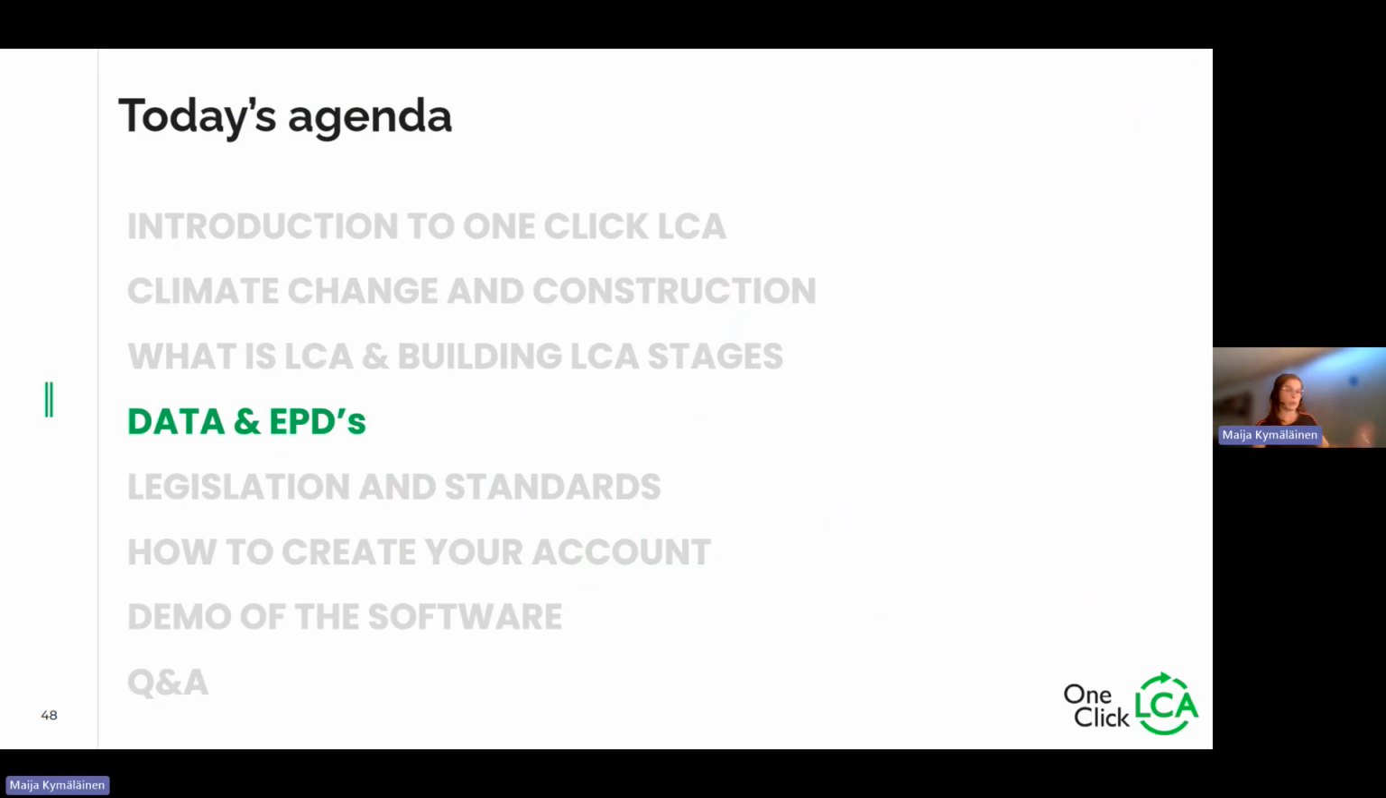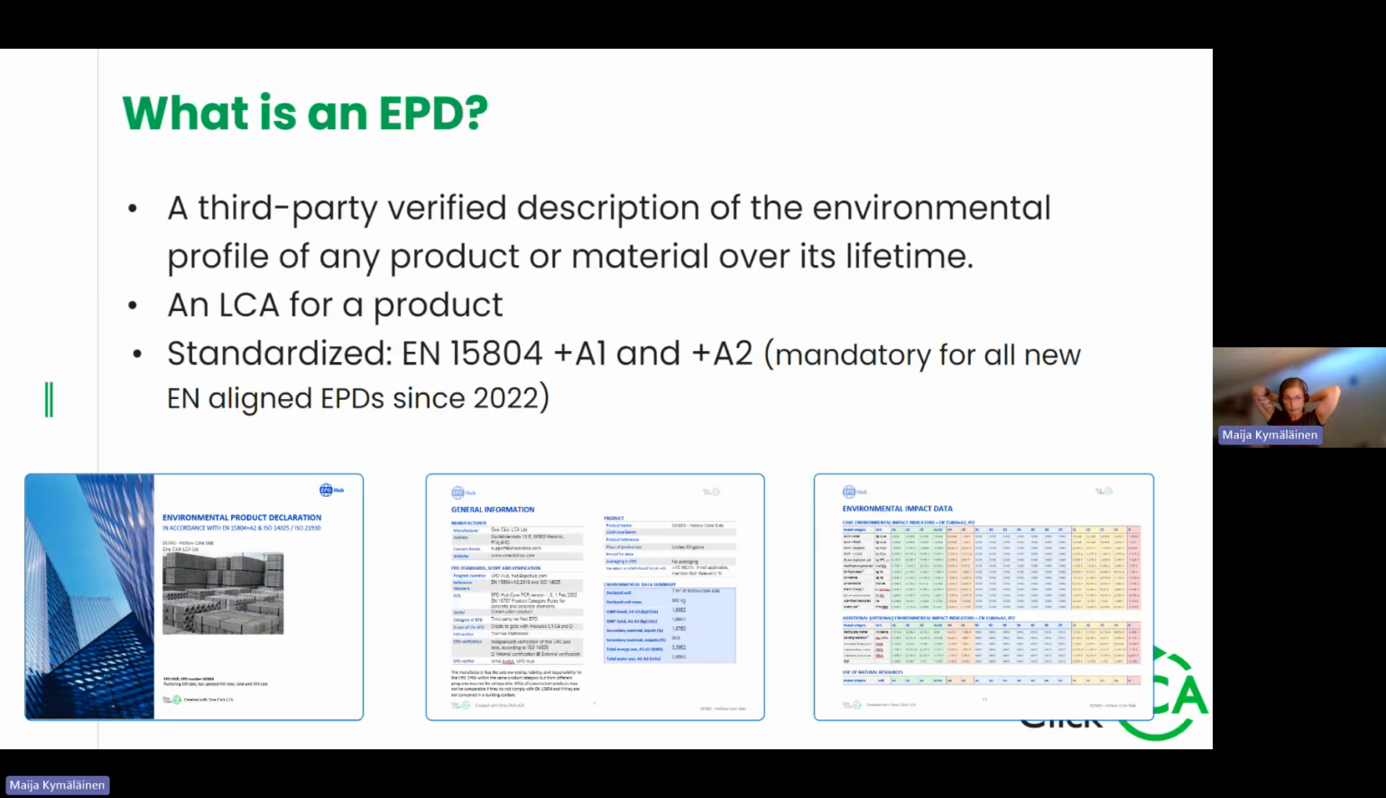Then let's go into data and EPDs. So if we start with the terms, what is an EPD? So for LCA, data is key and you need the data to be reliable. So what you would most often turn to is an EPD. So this stands for Environmental Product Declaration, and it is a document that holds basically the life cycle assessment for a material. So EPDs are externally verified